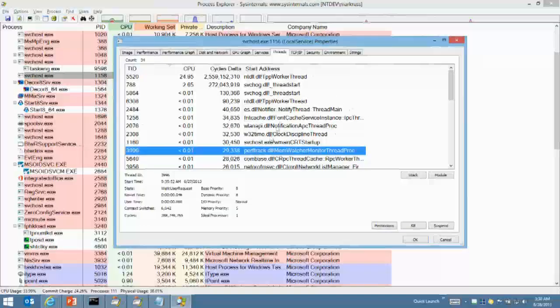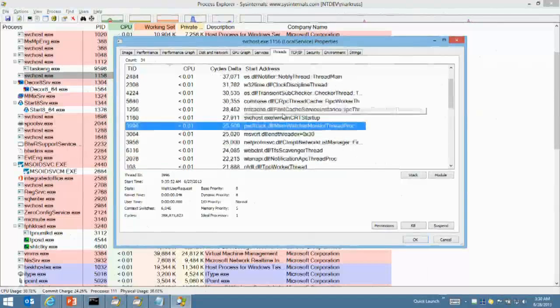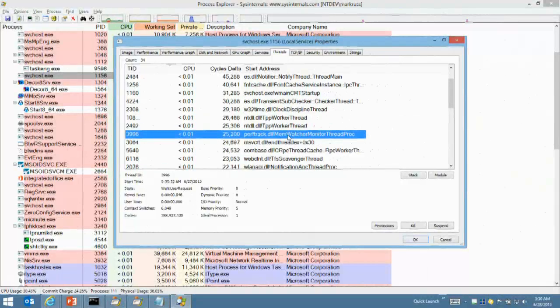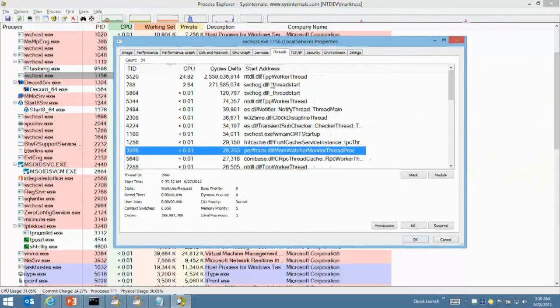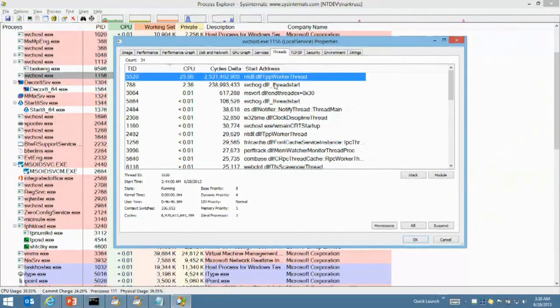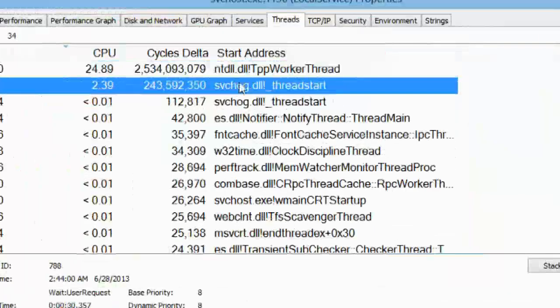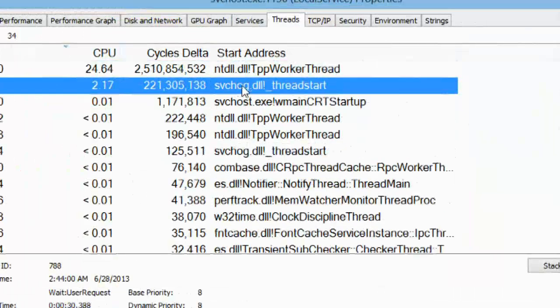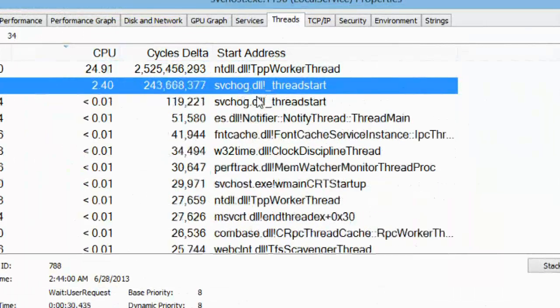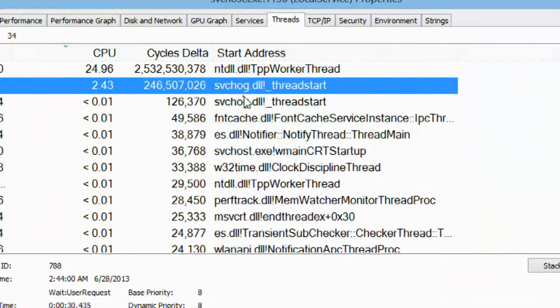Because I've done that, and these are mostly Windows executables, I see start addresses that have meaningful names. And in this process, there are two threads consuming CPU. One of them has a start address in a DLL that has kind of a suspicious name, Service Hog. This is a service that I created myself just for demonstration purposes that's going to consume CPU. And what we see is that part of the CPU consumption of this service host is this particular service,